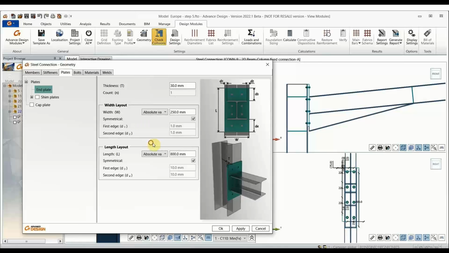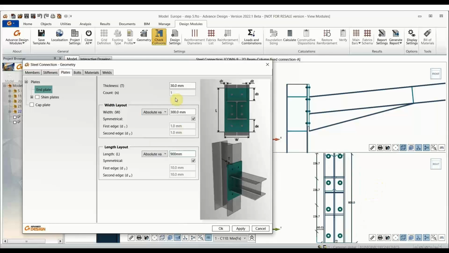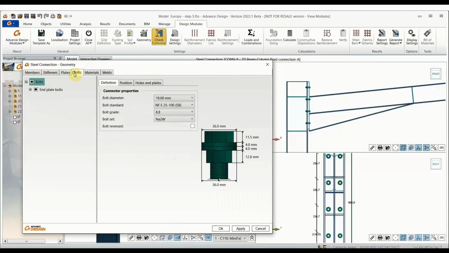At the moment, the width and length, it usually starts at a starting point relative to the section size, but you can choose an absolute value. So I've just increased the width and the length here to 300 by 900, so you can see how those changes are taken into effect. Okay, over to our bolts. So here, I get to choose my bolt size, the standard of your bolts, your grade of your bolts, and also